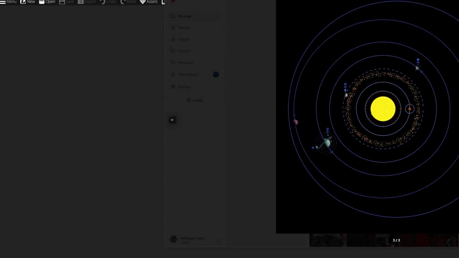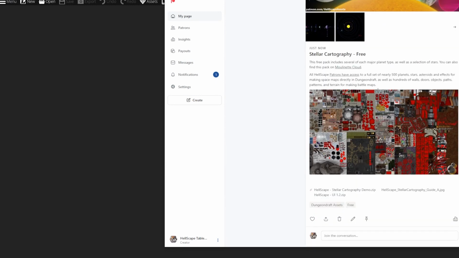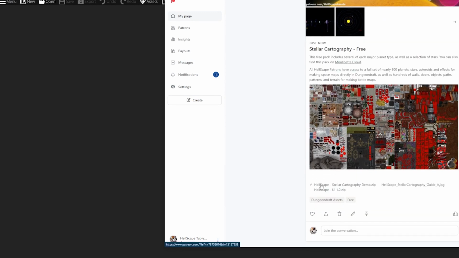Today we're going to make a space map, kind of like this, entirely in Dungeondraft. The first thing you're going to need is some assets. So check the links down below, and you will find this page, some examples, and you can download a demo